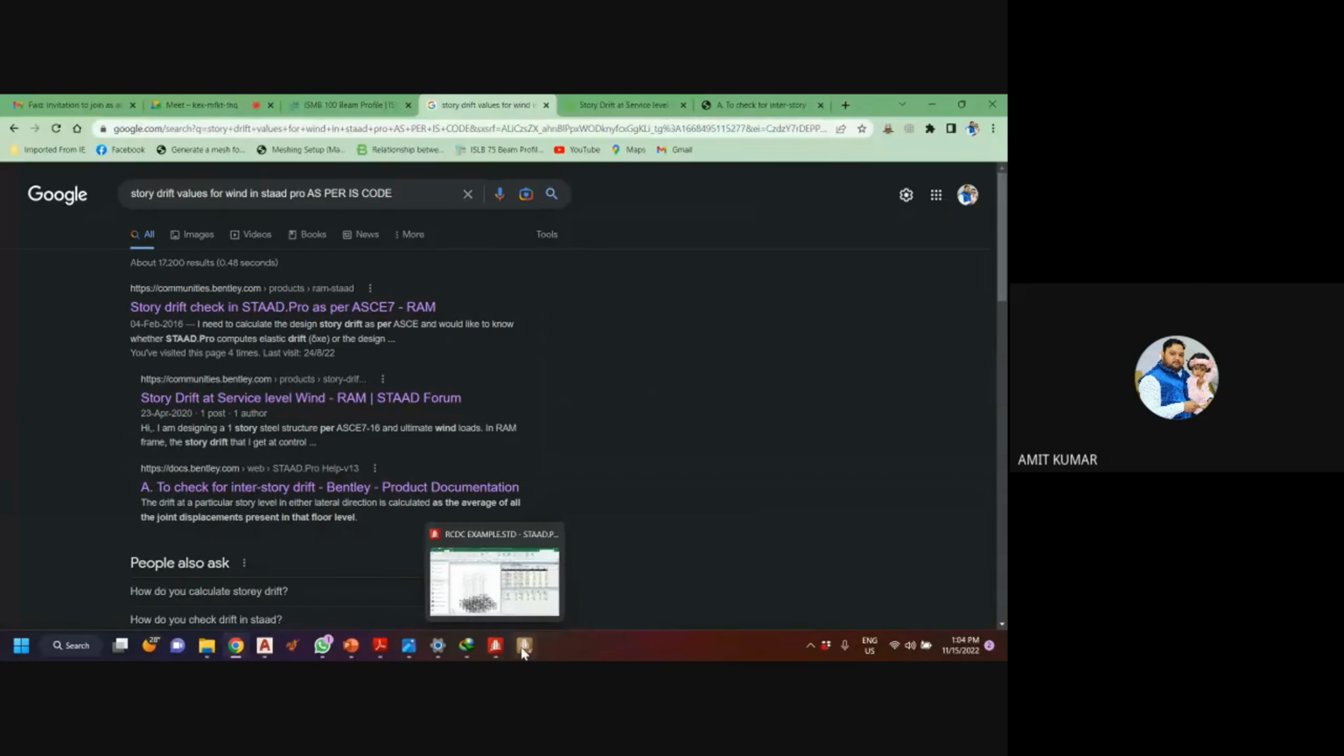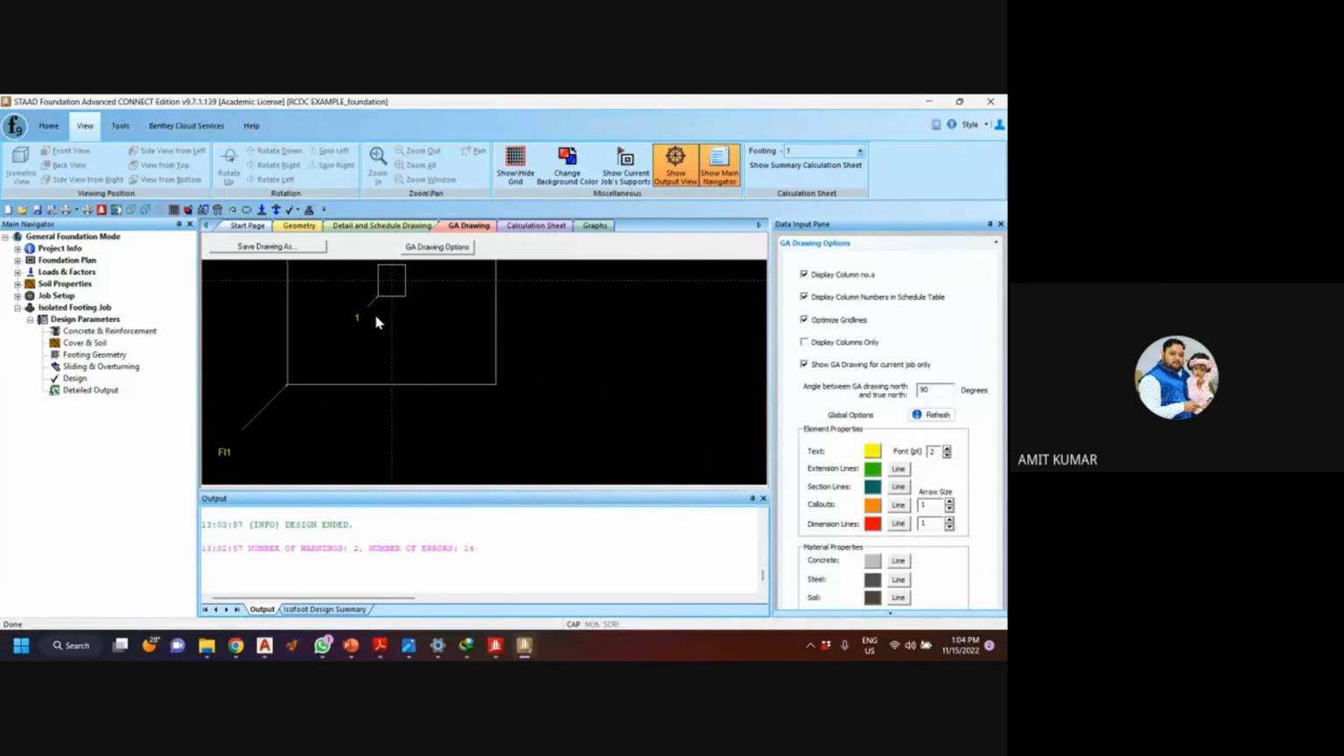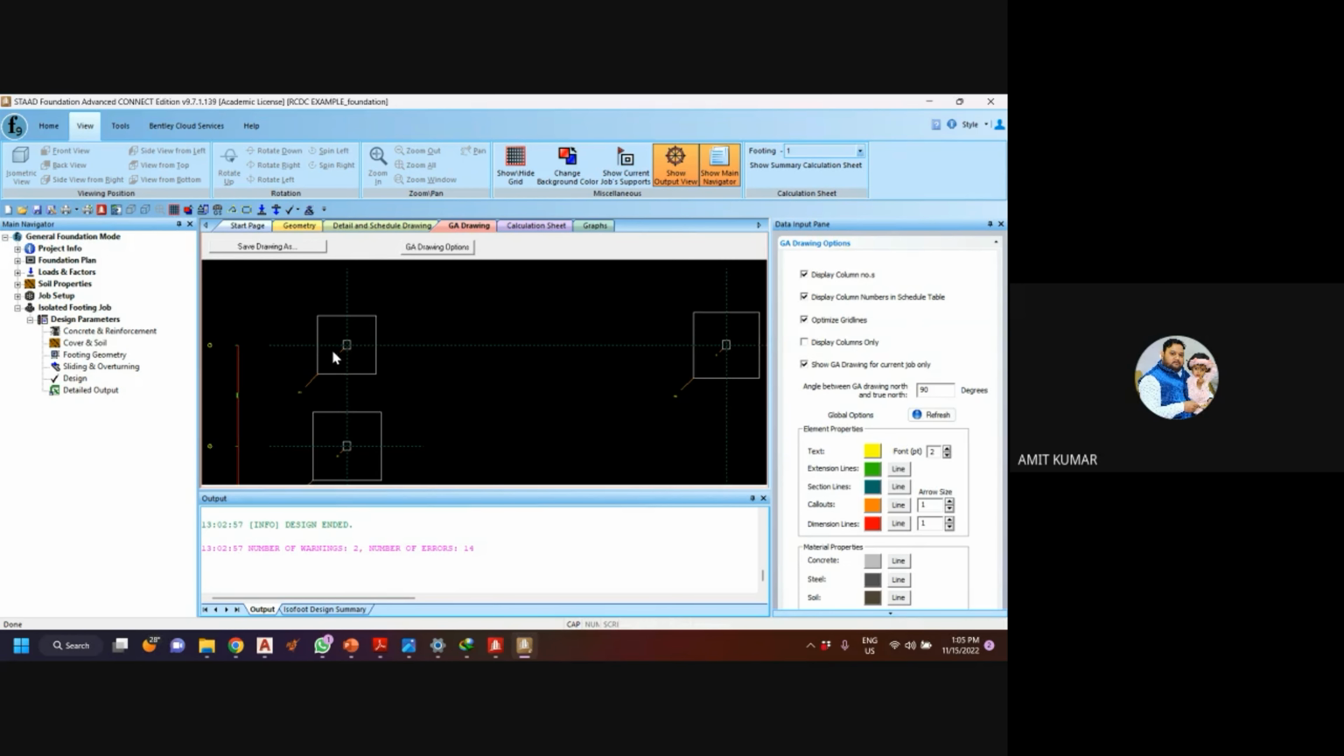Let me show the GA drawing. Okay, so that is the corner footing. So the column position is here, and we don't have spacing at the left side, because here it will be another person's property. We can't create footing on another person's property. So in the RCDC, we can shift the column to the corner, and then we can create our footing. Okay, so